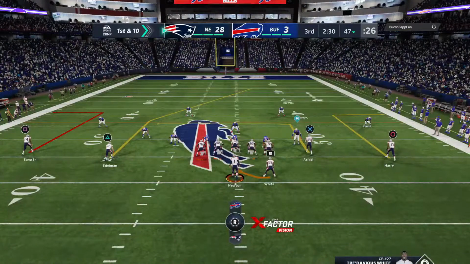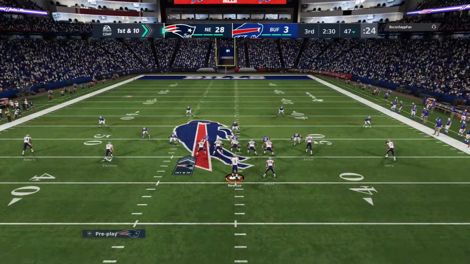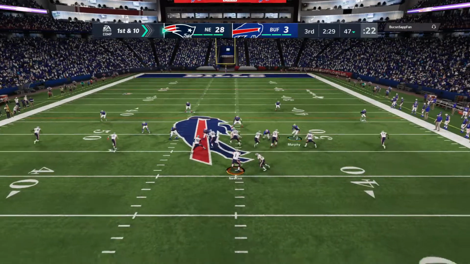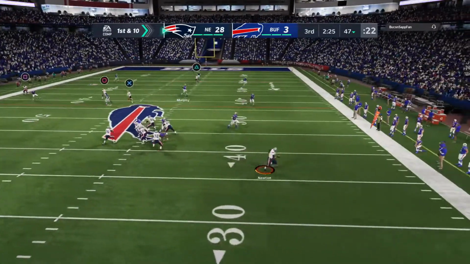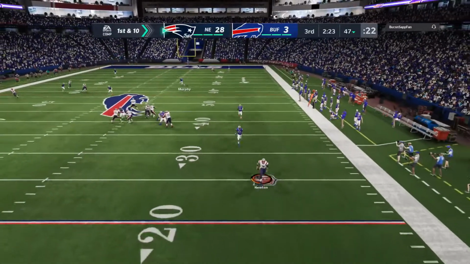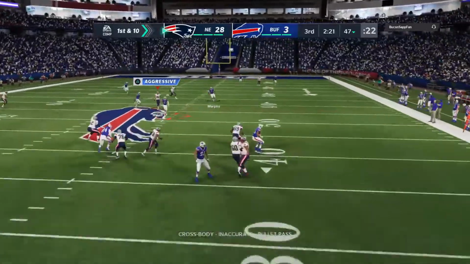The Pats at the line, ready to go. And that last drive, a long drive, but not just that. They had a great air attack going. Do they stick with that? I would think that they would, because if they were confident enough to do it on the last drive, starting